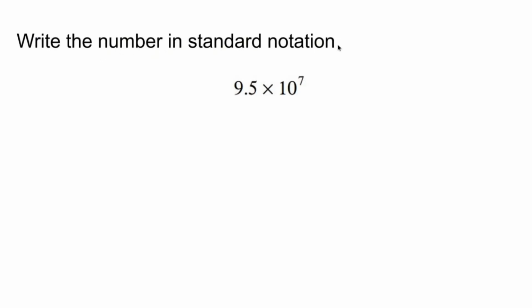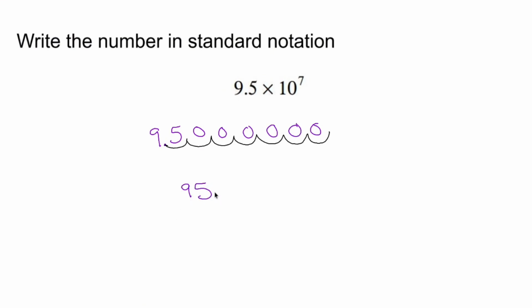Write the number in standard notation. Whenever you're taking a number and multiplying it by 10 to the positive exponent, you're making that number larger. How much larger? Well, it all is dependent on that number right there. We're going to take our decimal, and the way we make a number larger is by moving our decimal to the right 7 times in this case. So 1, 2, 3, 4, 5, 6, 7. Now we have all these open spaces. Fill them in with zeros, like so. So 9, 5, 0, 0, 0, 0, 0, 0, put a comma, and you have 95 million,